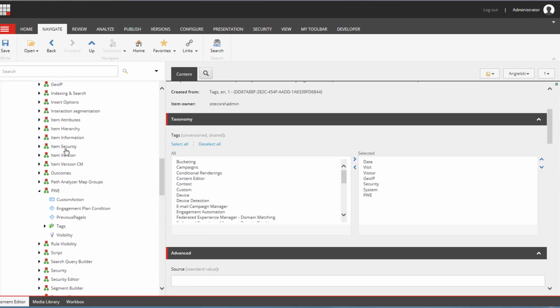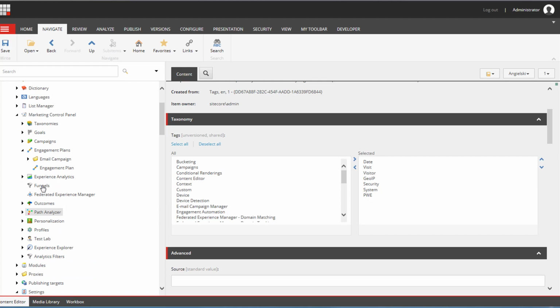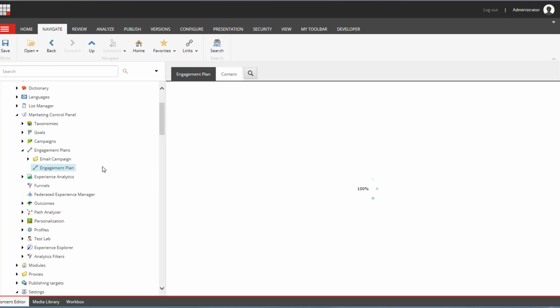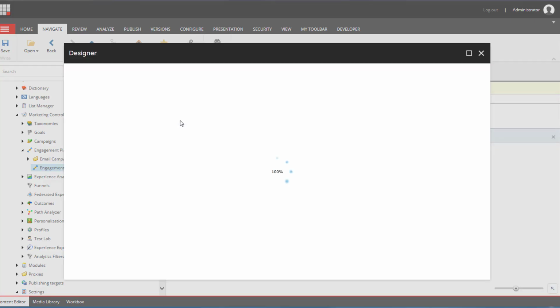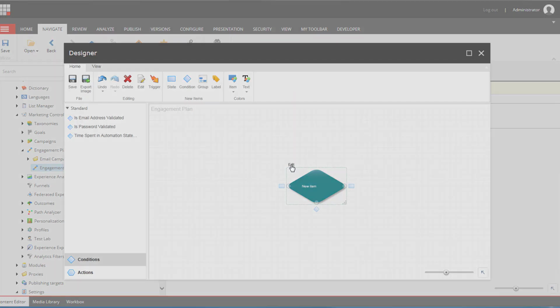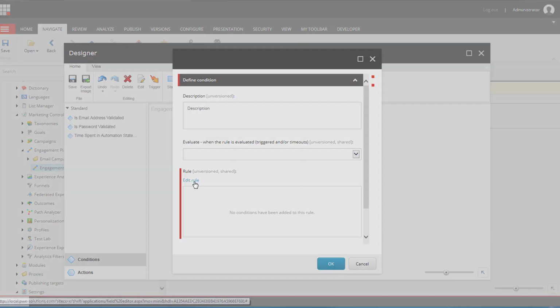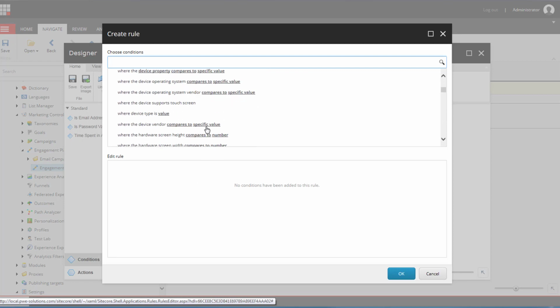And now if we open up an engagement plan, I'm going to use this default engagement plan. We can create a new condition and edit rules. And if we scroll down to the PWE section,